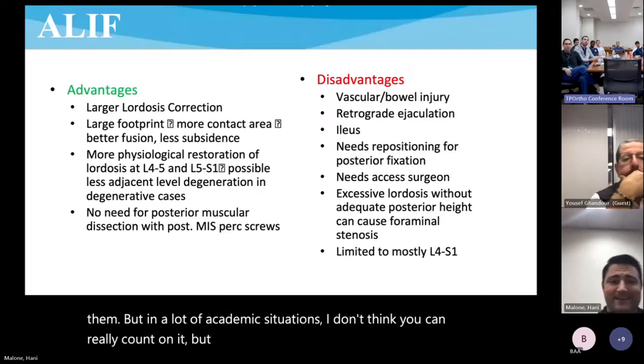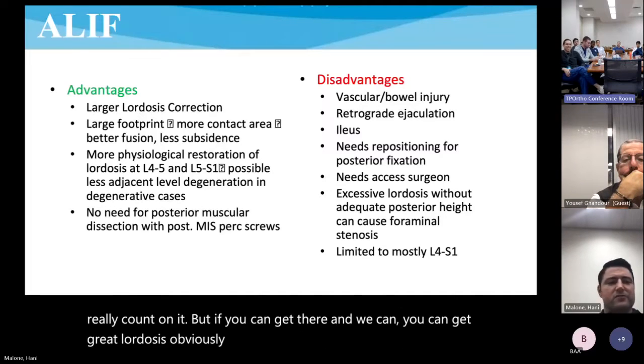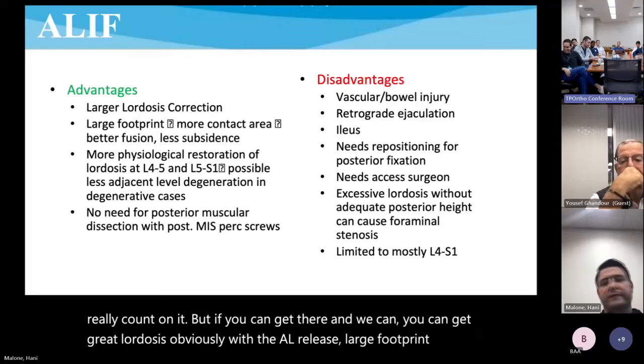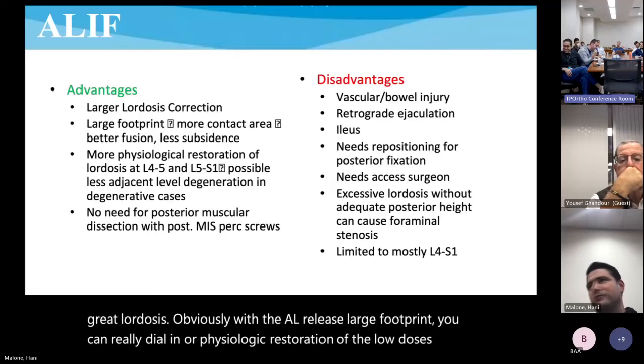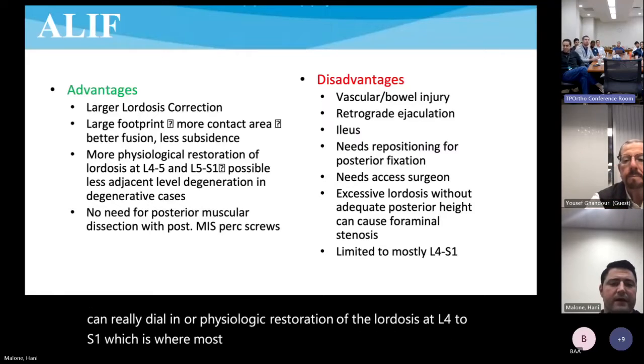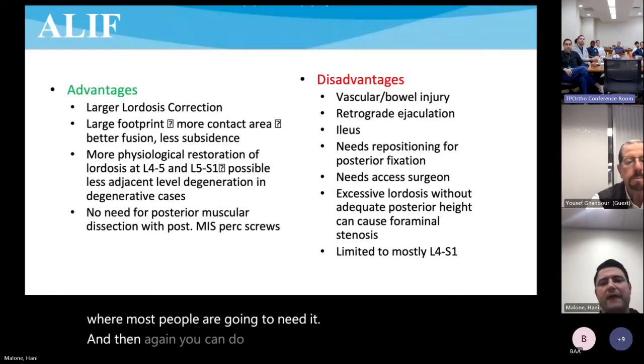But if you can get there, and we can, you can get great lordosis, obviously, with the ALL release, and a large footprint. You can really dial in a physiologic restoration of the lordosis at L4 to S1, which is where most people are going to need it. And then again, you can do MIS in the back. But big exposure, somewhat